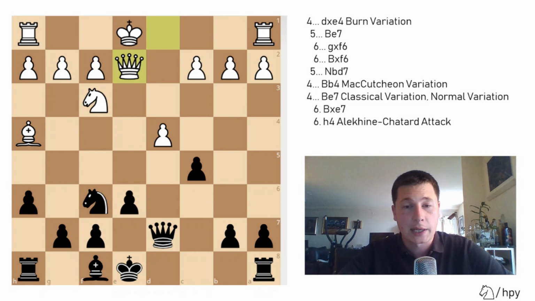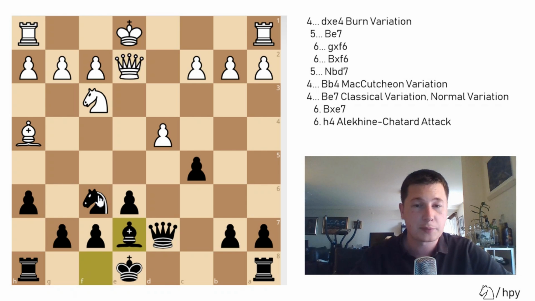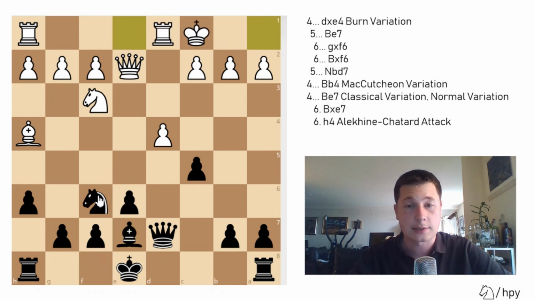So here black has to restrain white from doubling his pawns on the f-file, so bishop to e7 is played to be able to recapture with the bishop if white ever takes. And now white castles queenside,